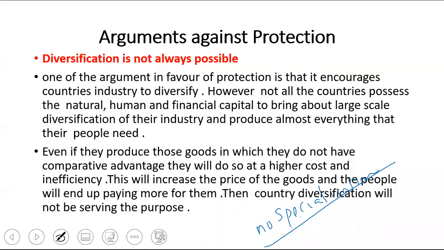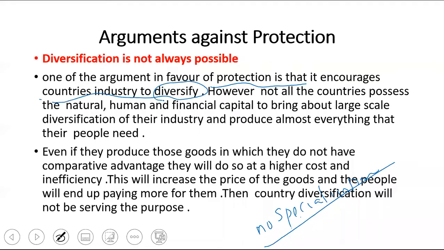Why will specialization not happen? Because we are doing everything. You have heard, jack of all trades is the master of none. When we produce everything, we have no special item. That is why even now India is not enjoying as many patents as the US and Chinese people are. You should be a specialist. When someone produces one item for years, that person becomes an expert. But diversification means we are producing every good. That is the difference.